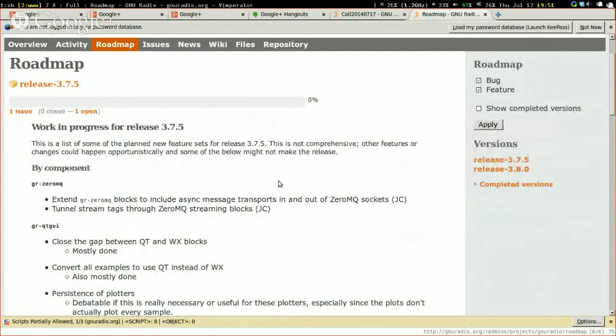Sure. So we just introduced in the 3.7.4 release the new 0MQ blocks, which lets you extend streaming ports over 0MQ message transports. What it does not do is stream the stream tags inside that. So in this release, we'll be adding that encapsulation so that when you connect a stream port out to a 0MQ port and on the other end bring it back in, you get all the stream tags that go along with that. And that'll be something that will be useful now that we're using stream tags for a lot more